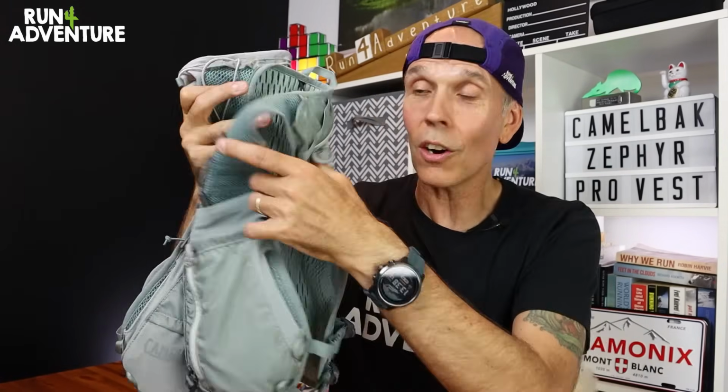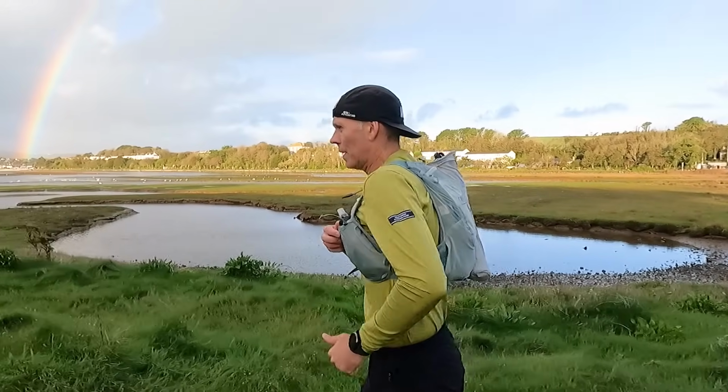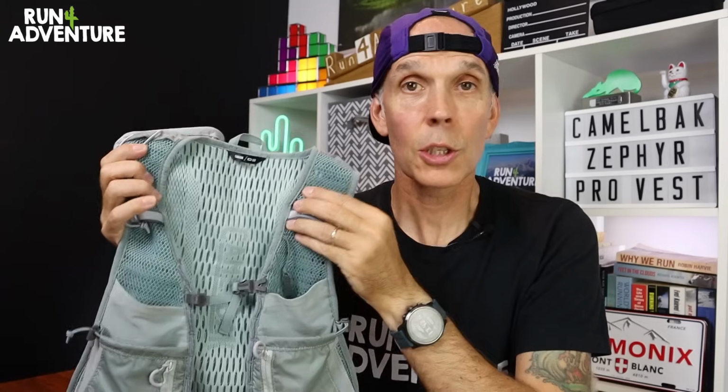Unfortunately, that takes away the ability to have a nice big accessible stuff pocket on either side of the vest. Now, one thing I've learned over the years of running with a running pack or a hydration vest is the more accessible storage you have, the better. Speaking of storage, what I did find was once I'd filled up my soft flasks,